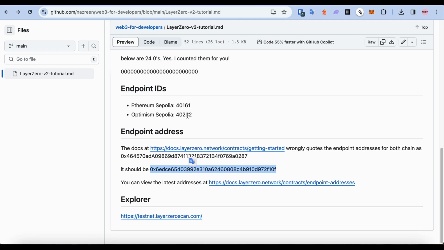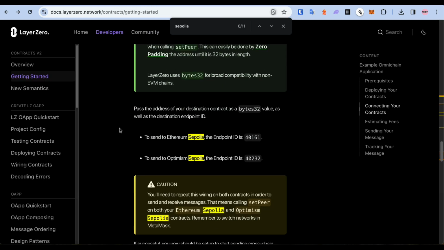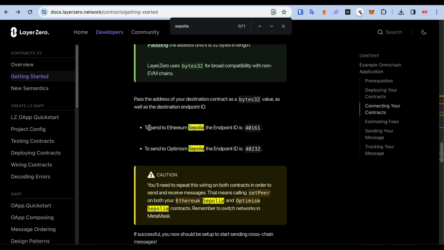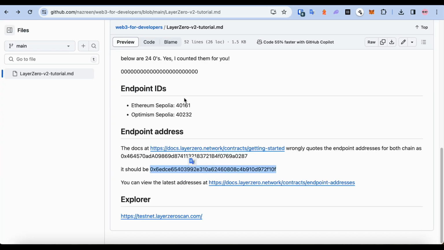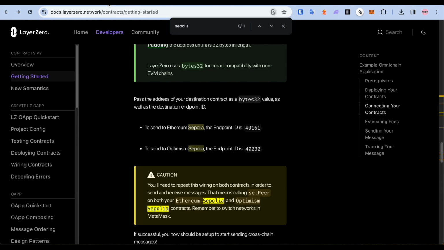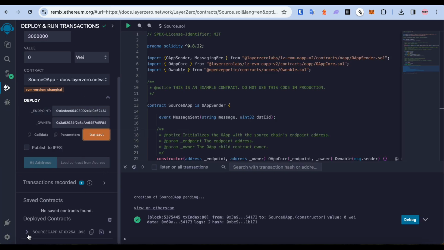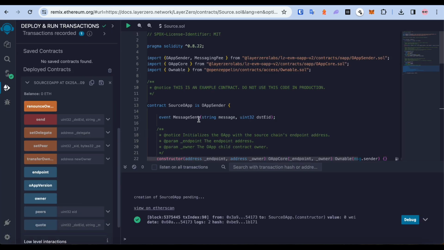Here, I've also made it easy for you guys. It's also here, but I find that the wording is quite confusing. It says to send to Ethereum Sepolia, to send to Optimism Sepolia, but then we're sending only to Optimism Sepolia from Ethereum Sepolia. I think they should make this a bit clearer. So I just plainly list out the IDs. From Ethereum Sepolia, we would need to trust Optimism Sepolia. So we take this endpoint ID,